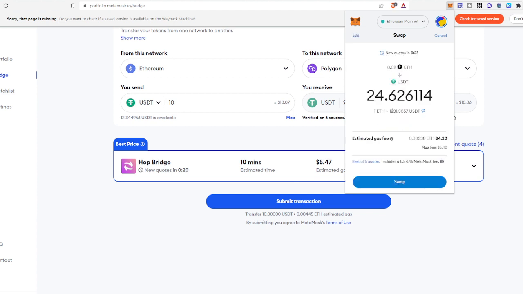If you swap 0.02 Ethereum, you will get 24 USDT. And the gas fees are like that, $4, that is 0.00327 ETH. So I would suggest you must use this swap functionality as well as this bridge functionality at least